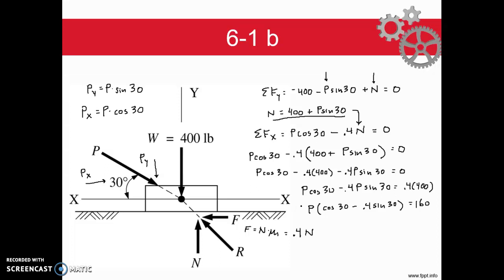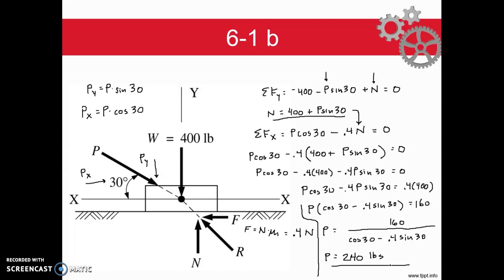So now, kind of running out of room here, now I can solve for P. P is equal to 160 divided by cosine of 30 minus 0.4 sine of 30. So now we can put that into our calculator, and I get 240